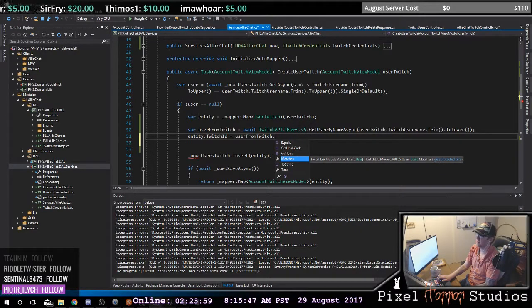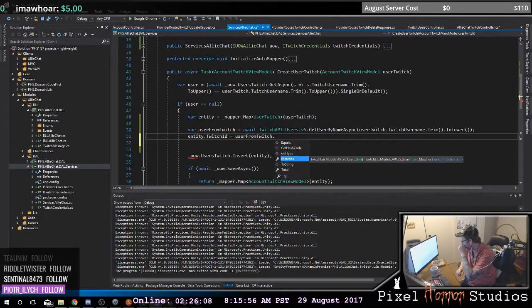What is the Twitch API? Another Twitch bot. The Twitch API is through, I'm using TwitchLib to manage it. So what I'm doing here is I'm grabbing my user ID of a certain user. However, my problem is that it's